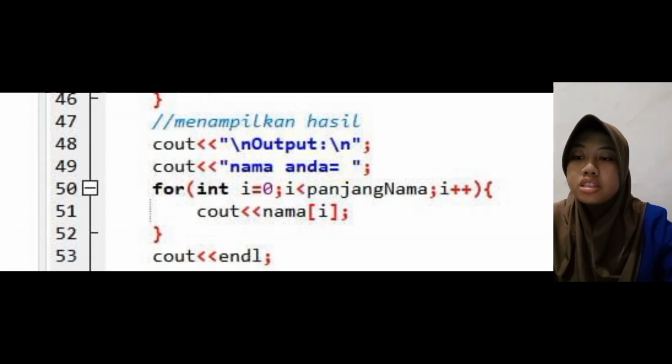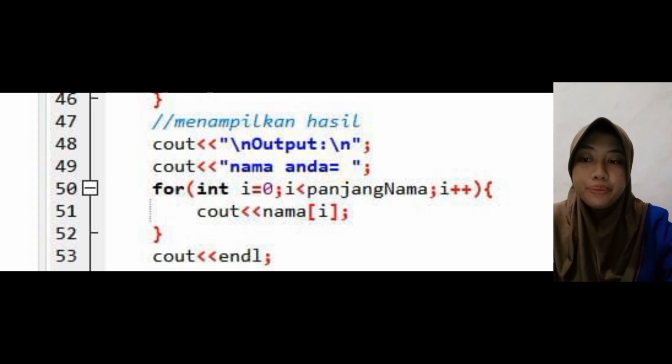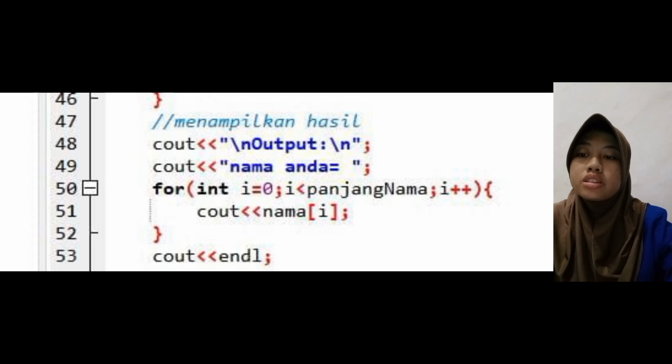And then for int i, this is the start of a for loop. This loop will repeat as many times as the length of name. The variable i will be used as an index to access elements in the name array. And then cout name, in this loop each character in the name array will be printed out one by one.